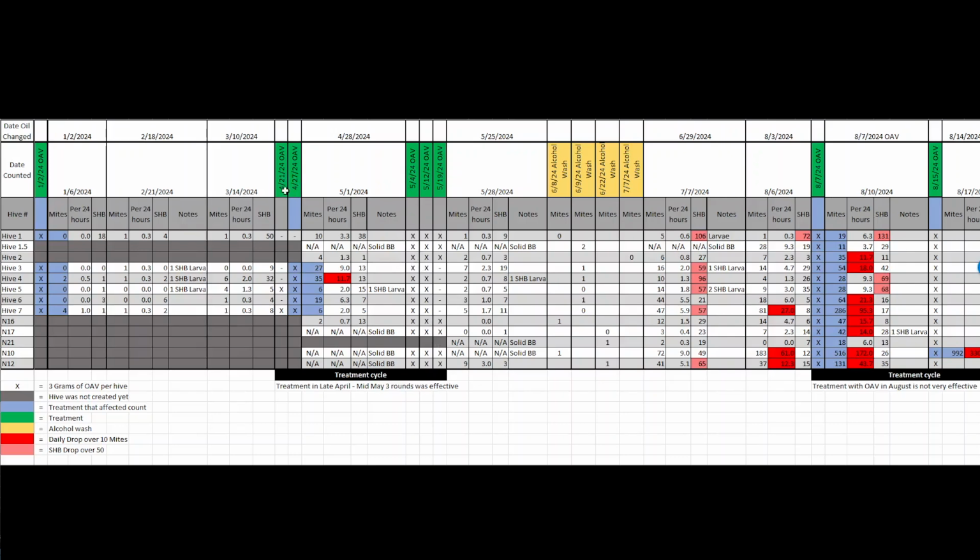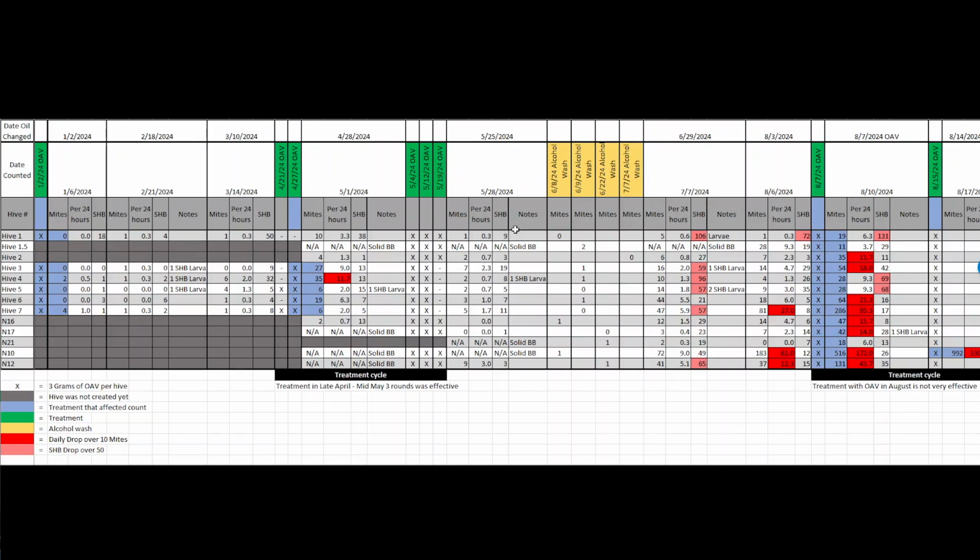So that was from the 21st, 27th, 24th, 12th, and the 19th. And that was all oxalic acid vaporization. And then about a week after that, I cleaned the oil. So this should be a natural drop. And we had 1s, 2s, a 7, 2, 3, 5, 0s, and a 9. So that divided out, the highest we had was a 3 per day. So for me, everything seemed to be good